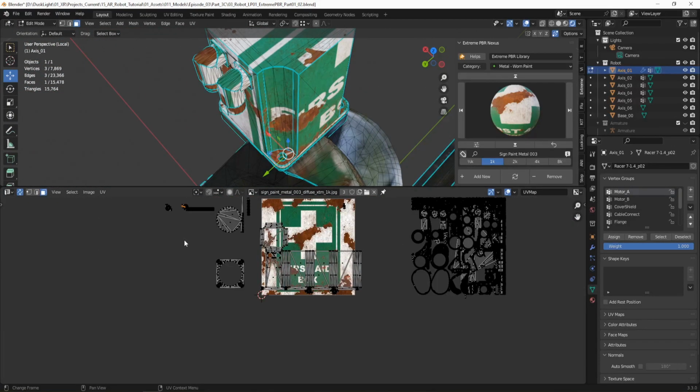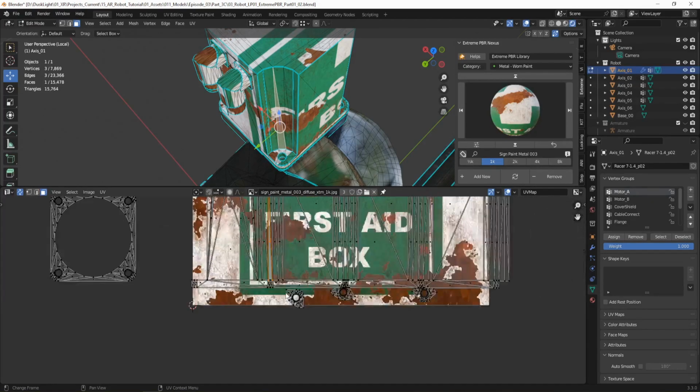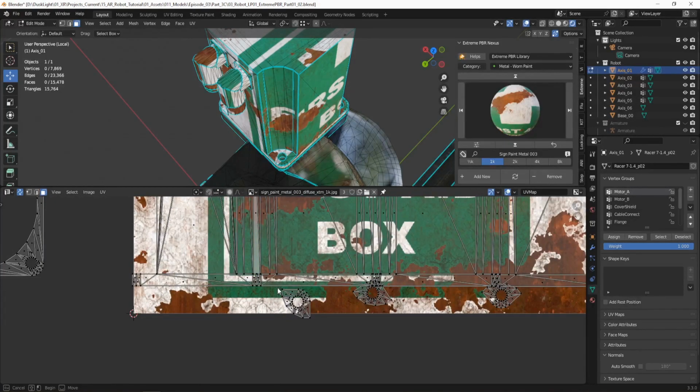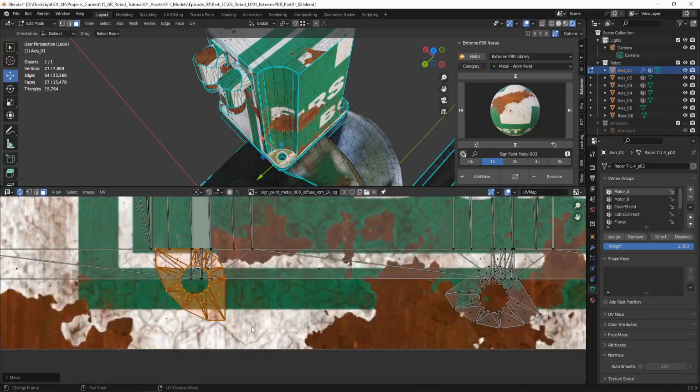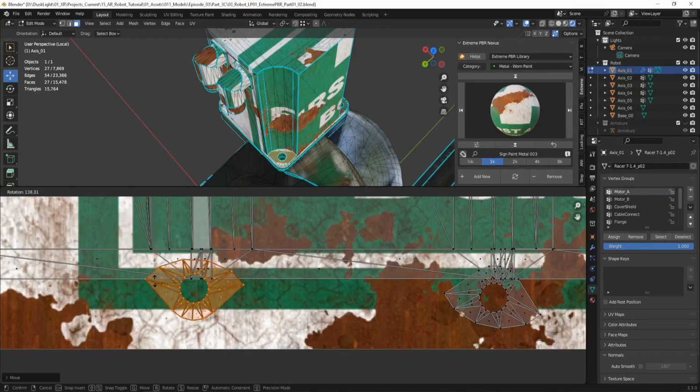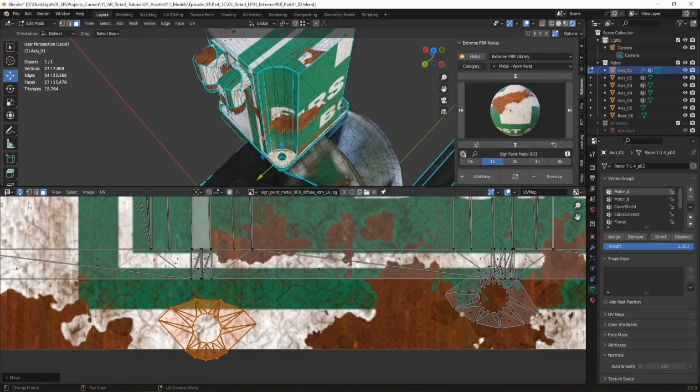Let me see if we got this one. And I can do Control L. And I'm grabbing this one. And that one should go here. And I can rotate it. Rotate Y. And as you saw with the previous one, it's not perfect, but what you can also do here